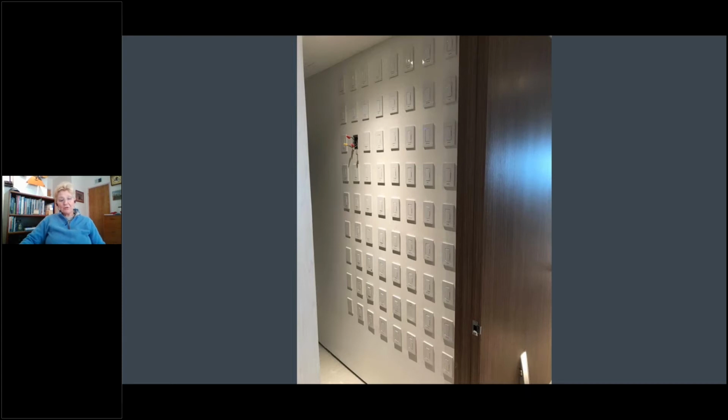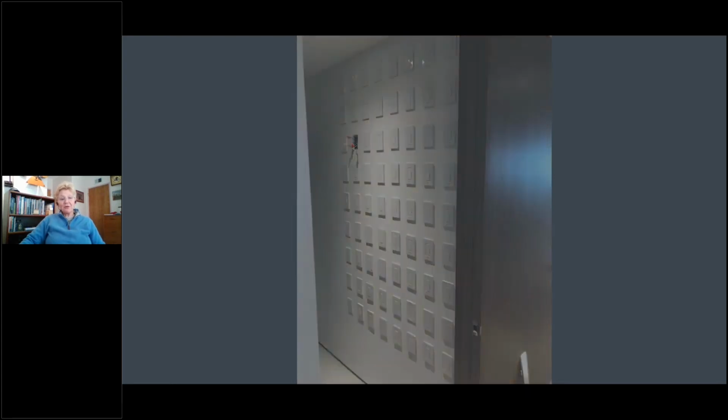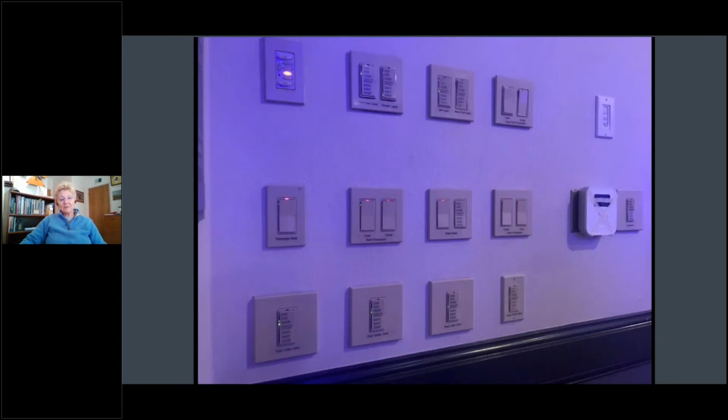But I do want to show you the next slide. This was at an IALD Enlighten conference several years ago, and we were in the ballroom, and all of us were remarking about how the system was designed, but also the fact that they took to labeling all of these. Here's a close-up of one of the switches.